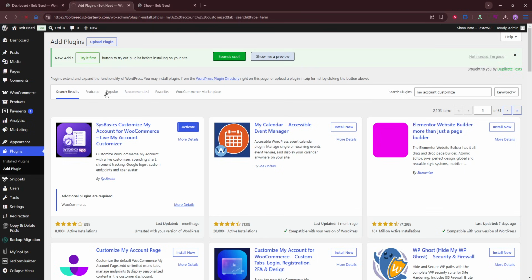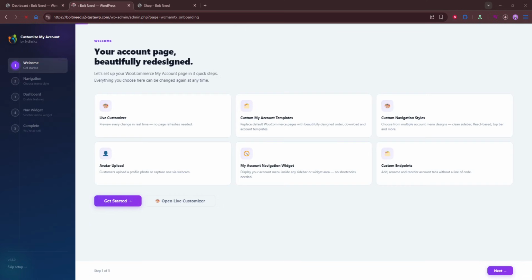Next, open the plugin's WooCommerce account page settings. This is the section where you'll find the controls for editing the customer account menu and changing how the page is organized. Take a moment here to get familiar with the available options, because most of your work will happen